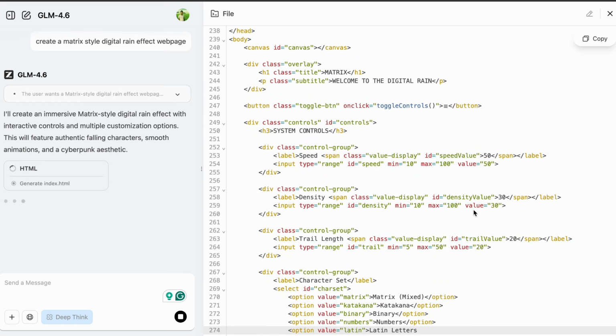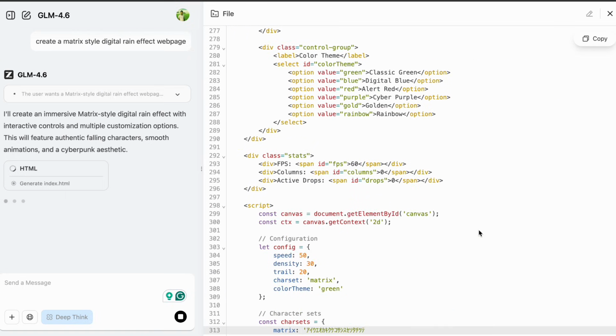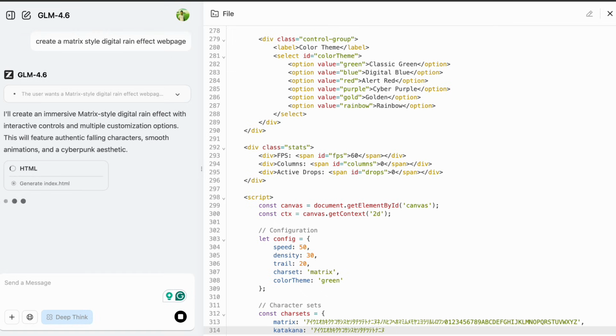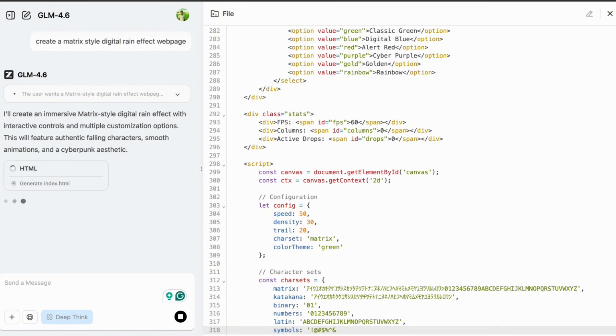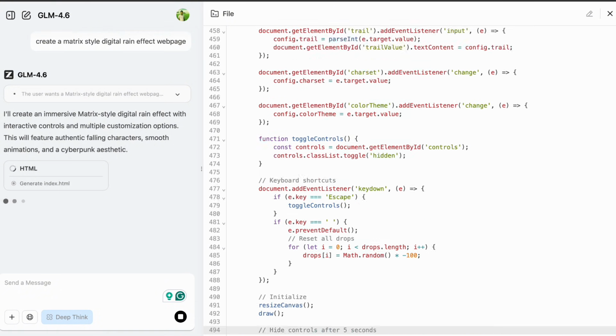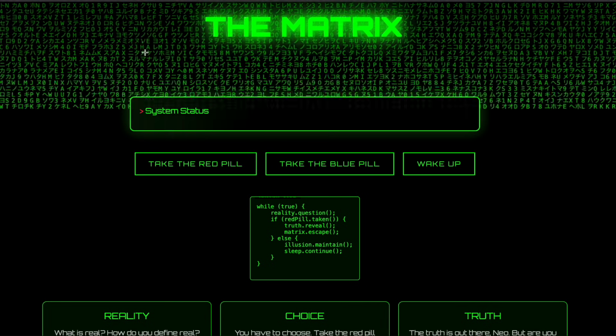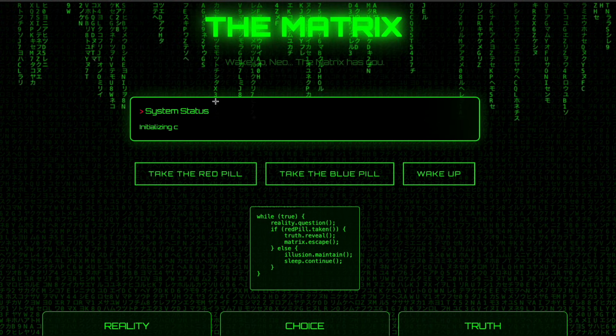One more thing I want to mention is the community around this model. Because it's an open source model, there is a growing ecosystem of developers who are experimenting with it, sharing tips and building tools around it. That community aspect is valuable, especially as the model continues to evolve. So that's basically my thoughts on GLM 4.6. It's a strong competitor in the coding model space. It's priced incredibly well and it's open source, which I think is really important for the long-term health of the AI ecosystem. The team at Zhipu AI has put together something impressive here, and I am excited to see where